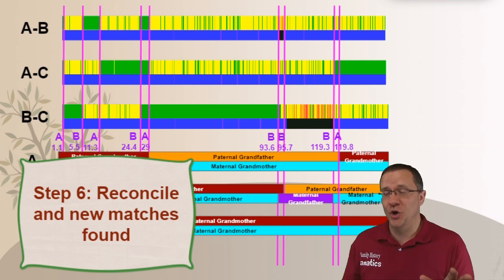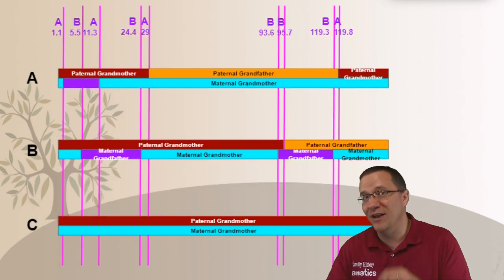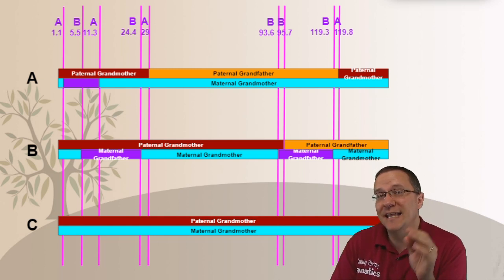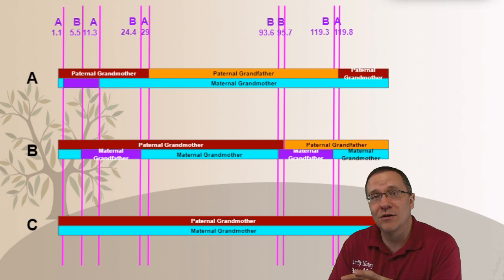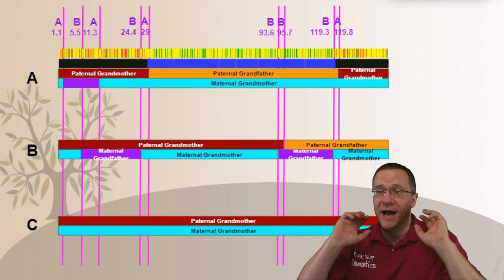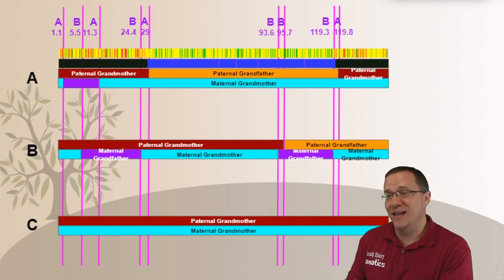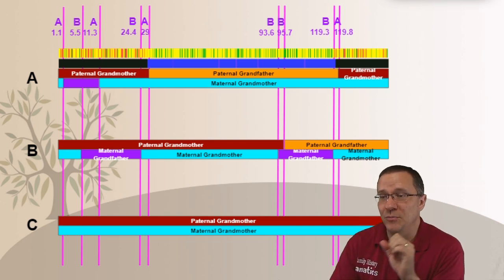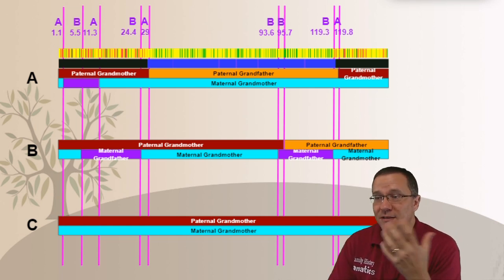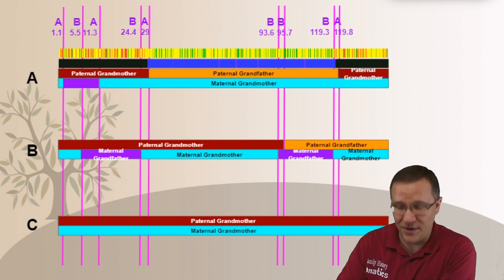Now, the reason why I chose this is because I happen to have information on my paternal grandfather and my paternal grandmother. And so I can actually compare what I've done here with what the DNA actually shows. So if I pull up my person A with the grandfather of person A, you can see that it lines up nearly perfectly with that blue bar. Now again, this is probably due a little bit to scaling issues, but that's exactly what I would expect. That blue bar is right over where the paternal grandfather is.